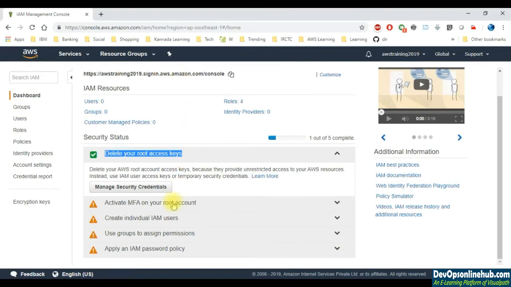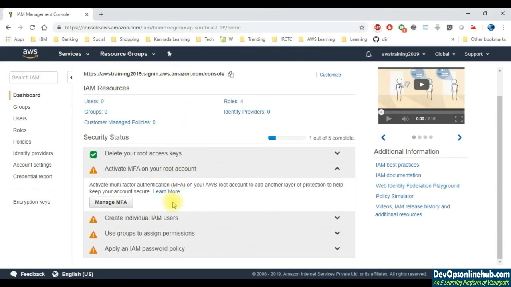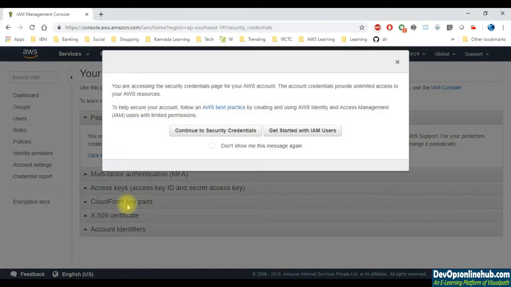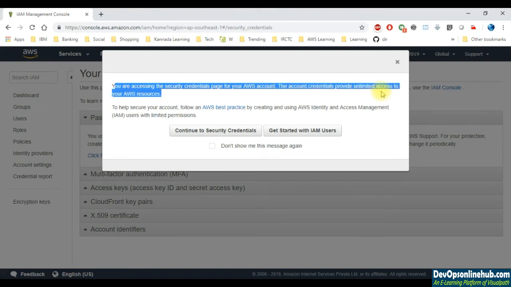So if I go ahead and click on activate MFA on your root account and then say manage MFA. It's saying that you are going to access the security credentials page for your root AWS account, which will provide unlimited access to your AWS resources, right?